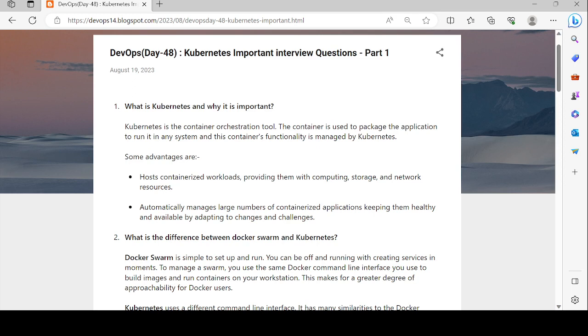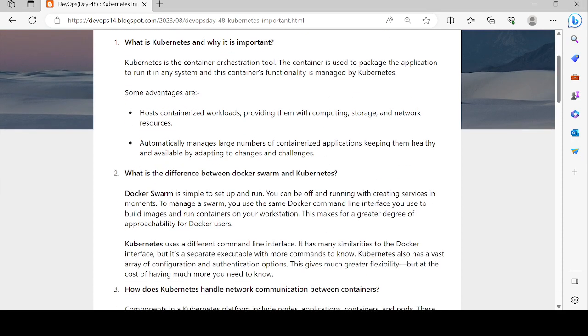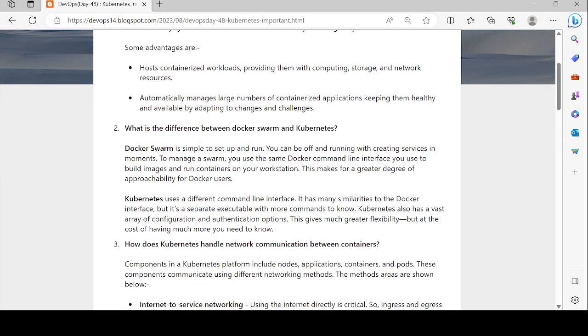Some of the advantages are: it hosts containerized workloads and automatically manages a large number of containerized applications, keeping them healthy and available by adapting to changes and challenges. All of this is managed automatically in Kubernetes.